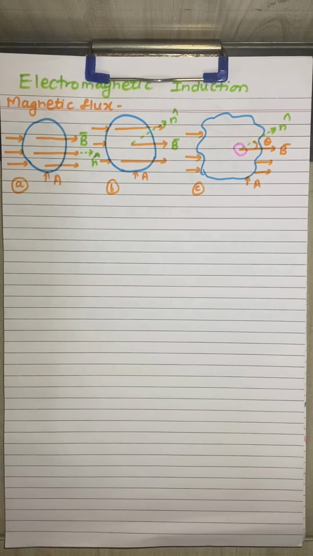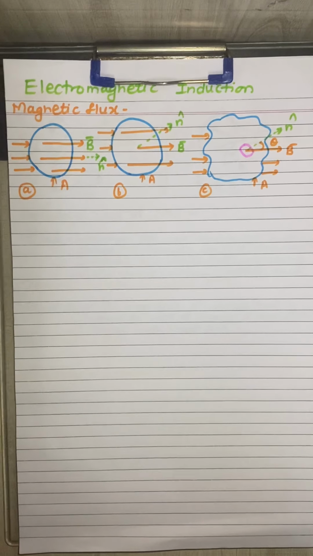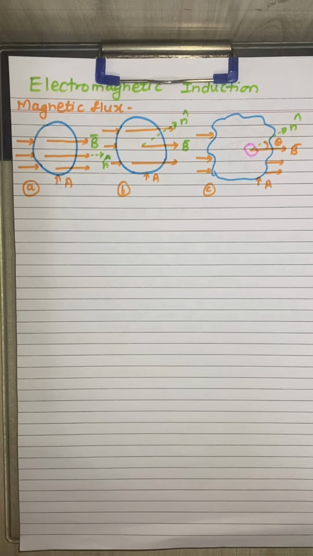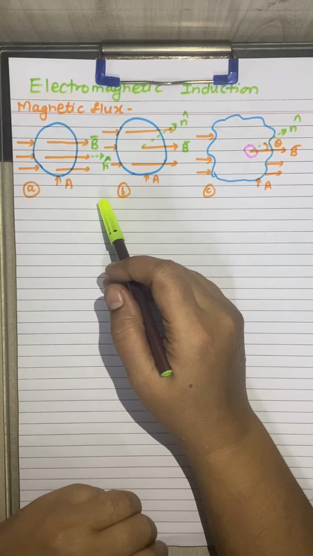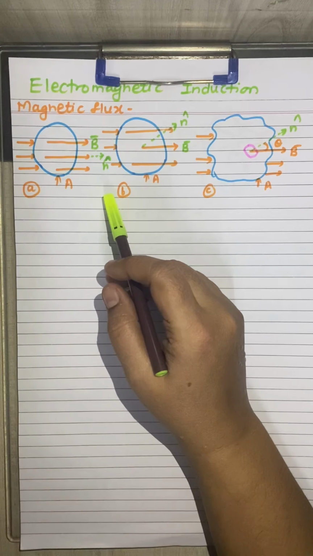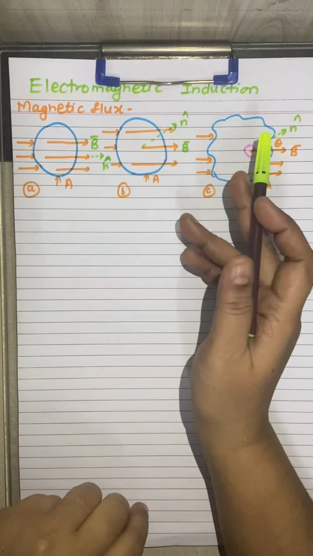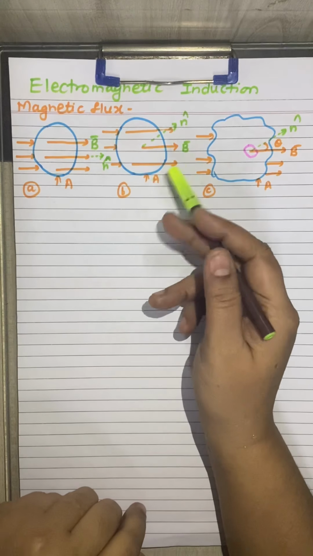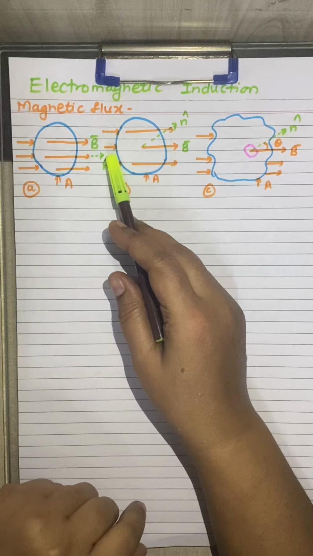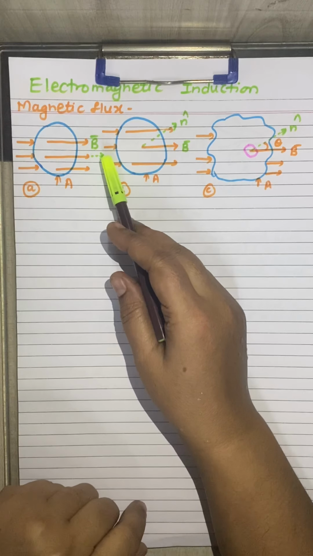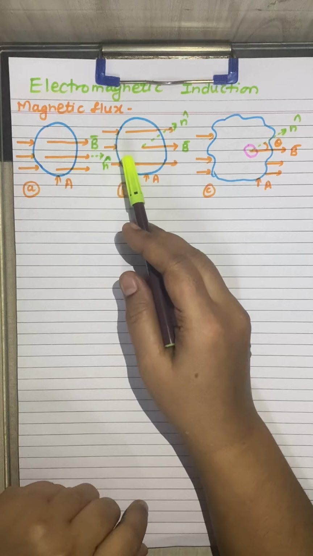Before going to the main chapter, we have to understand first of all the concept of the magnetic flux linked with the closed surface, and we want to find out the dimension and unit. Also, which flux is called positive and which flux is called negative, that we will study in this. The concept of flux we have studied in electrostatics also. Okay, so let us see what is the magnetic flux.